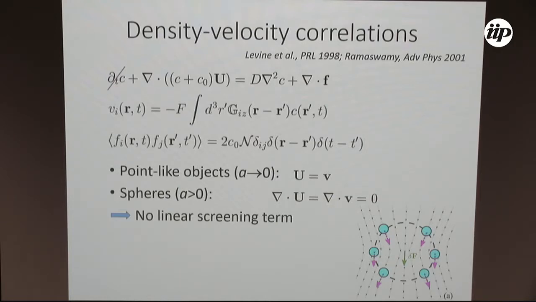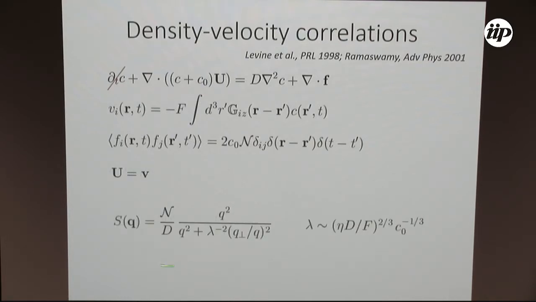Now, what is going to happen is that if the particles are not spheres, but are asymmetric, then this will not be the case, and I will have a linear problem. So although the particles will be of arbitrary shape, which is apparently a more complicated problem, I will have linear screening, which we can easily understand. Physically, what this mathematics means is that if I put spheres or spheroids in some kind of complicated flow, they don't have to flow with the same velocity as the fluid around them, but they will follow the flow lines. They don't have any freedom in the direction. That's what the vanishing of the divergence means. This is not going to be true for asymmetric objects.